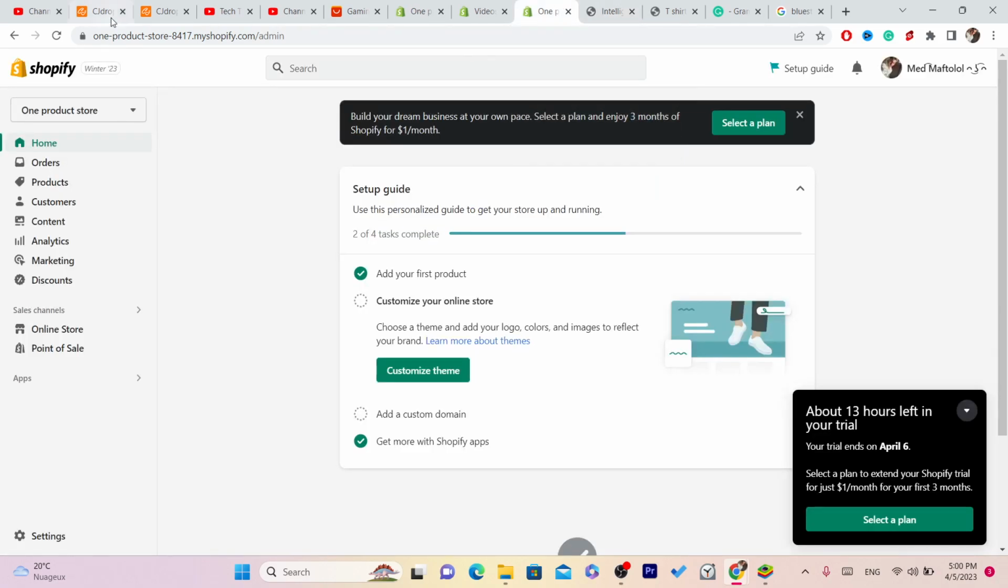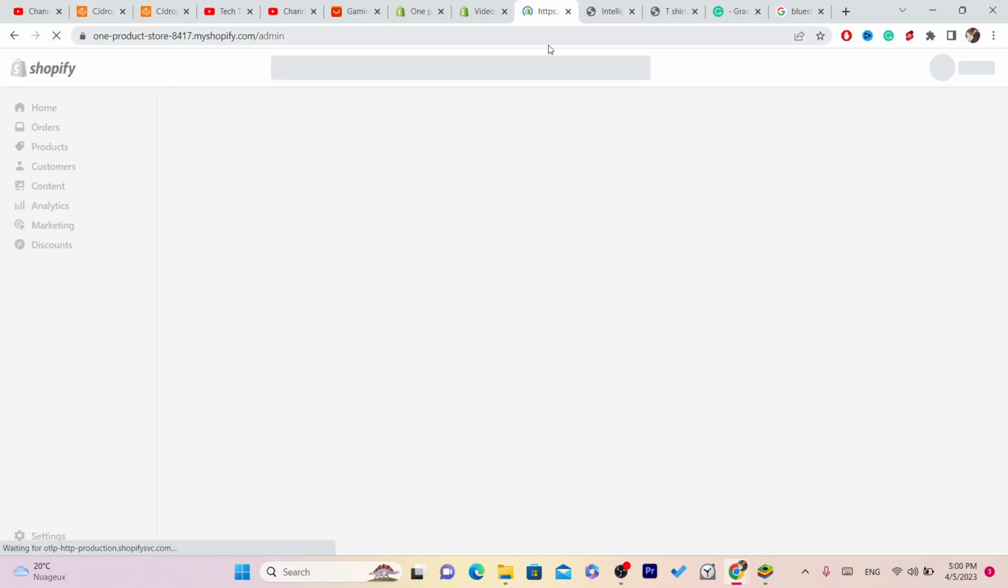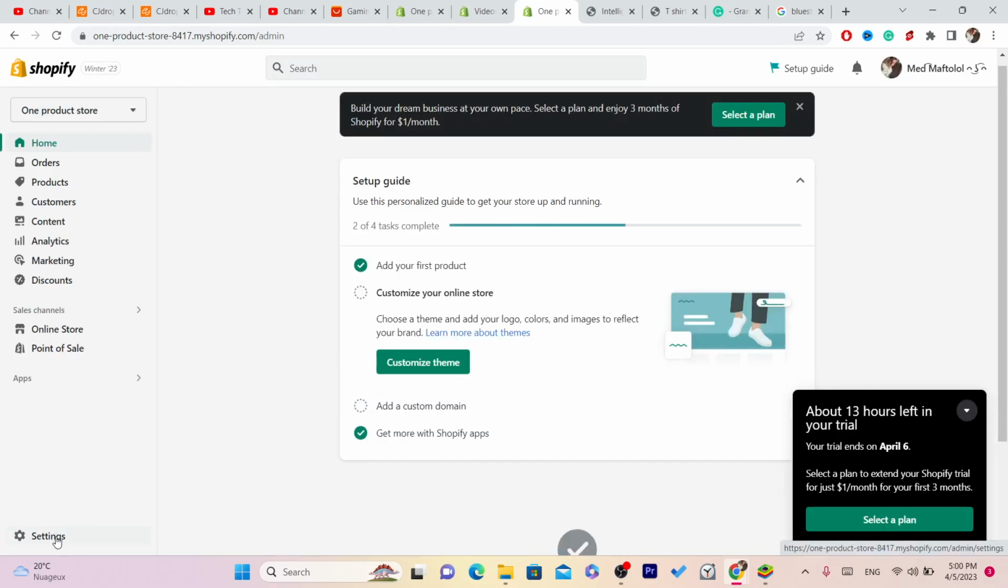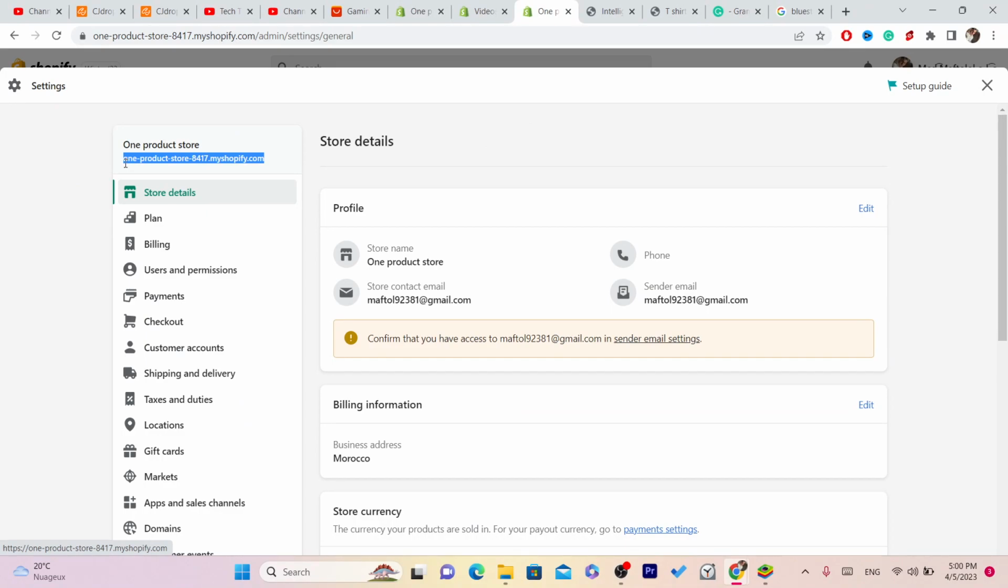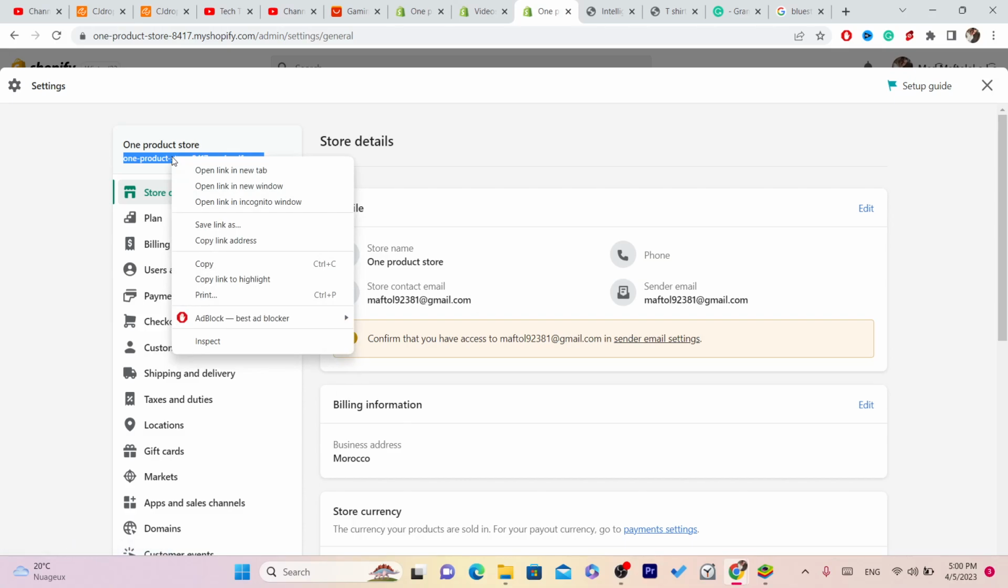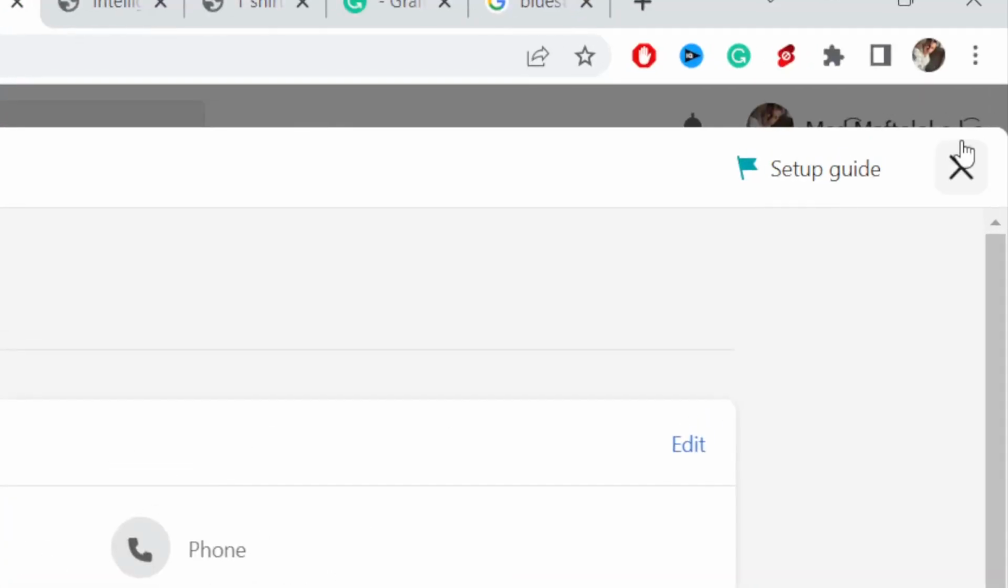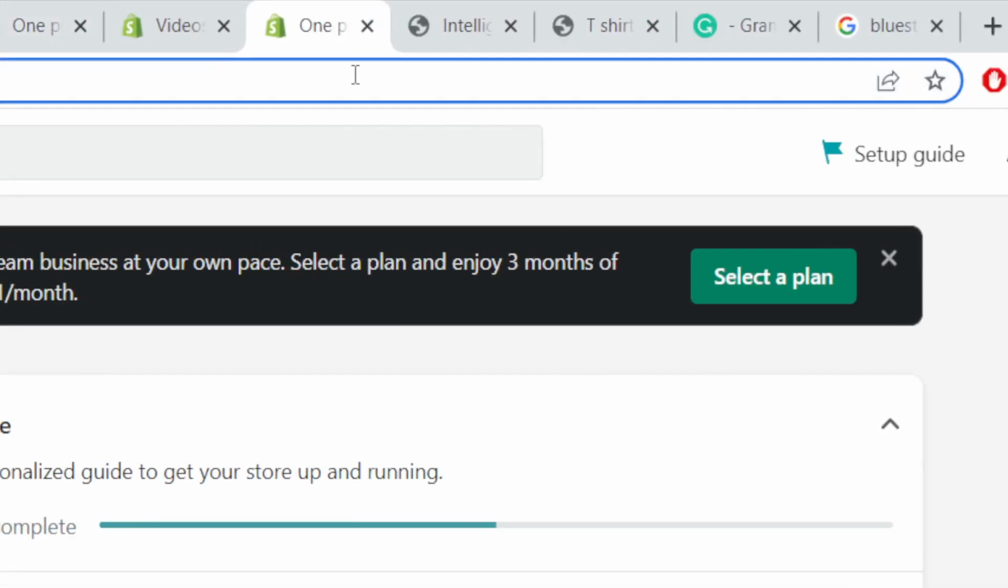You want to go to the web, you want to log in to your Shopify store, and you want to click settings at the very bottom left. And this is the URL of your Shopify store, okay? I named it one product store. You want to copy that URL, and after you copy it, guys, you want to go in the same browser